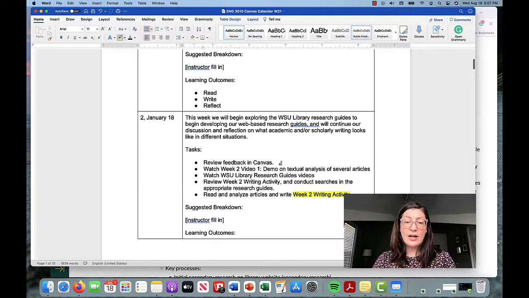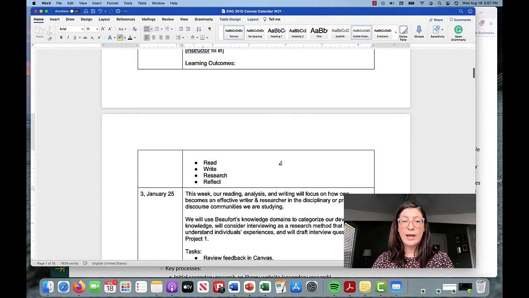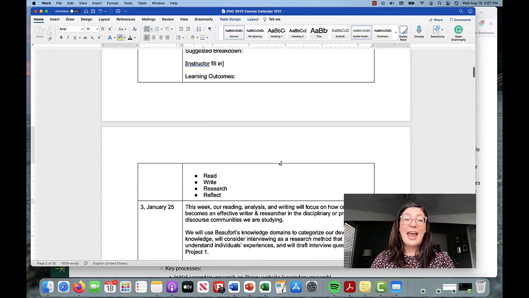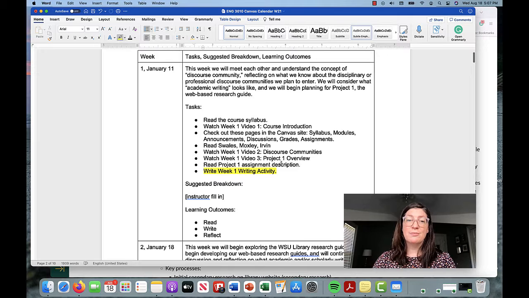Now the rationale here, and as you can see, I've highlighted, there's just one writing activity per week. And the rationale behind that is multiple. First of all, we're thinking about teachers. There are multiple types of labor involved in teaching online, including stuff like creating course videos, making sure that you're posting announcements and updating things in your Canvas site up to the minute, so that in terms of shifting the load, there's a little less in terms of formative assessment. But the other rationale that's really at the